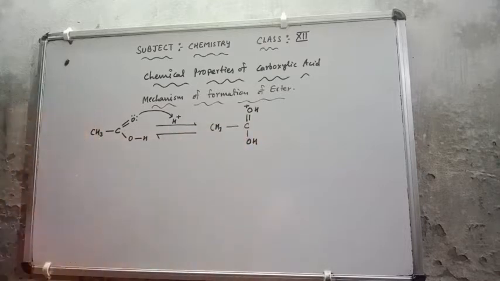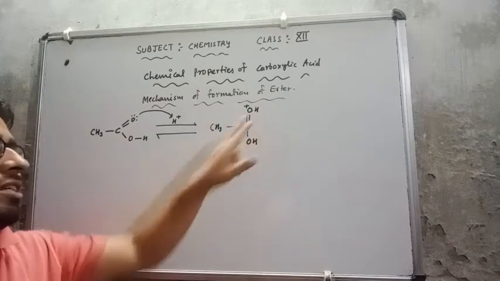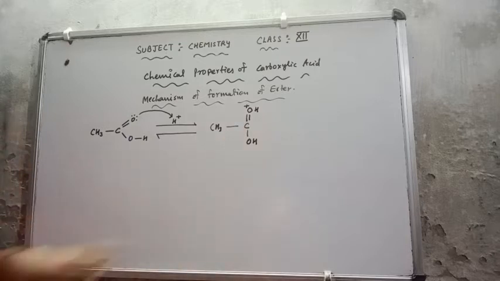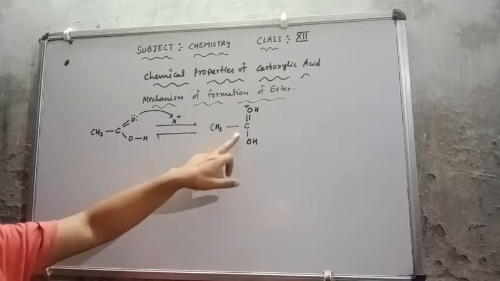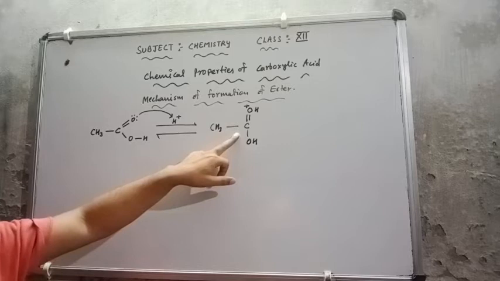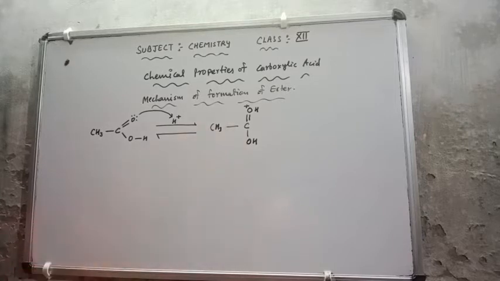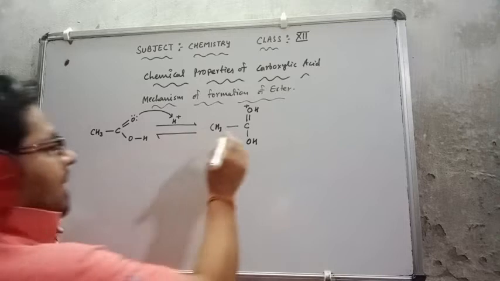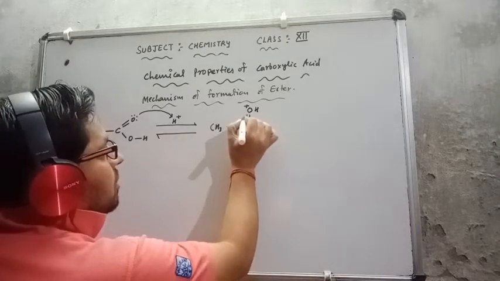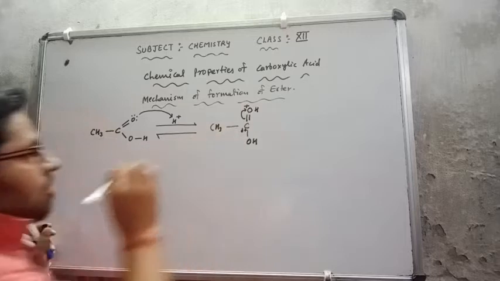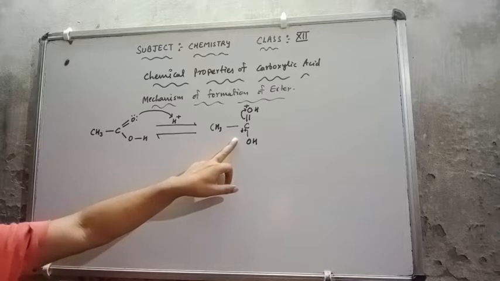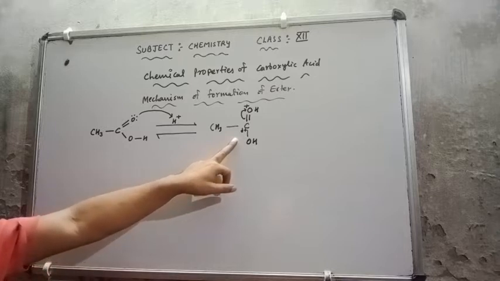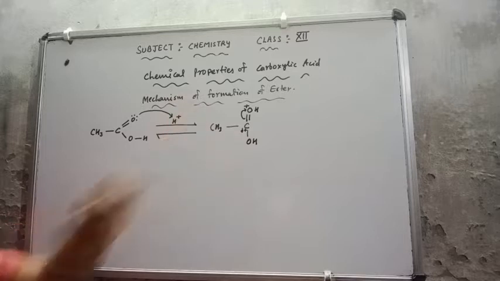Now you can see that on the carbon, an OH group is attached on both sides, so the electronegative oxygen is attached on both sides of the carbon. So this carbon is electron seeking, meaning it will easily attract electrons. So it is getting the positive charge, and the bond electron will be transferred towards the oxygen. At that time, from where will this electron-seeking carbon get the electron? It will get the electron from the alcohol.